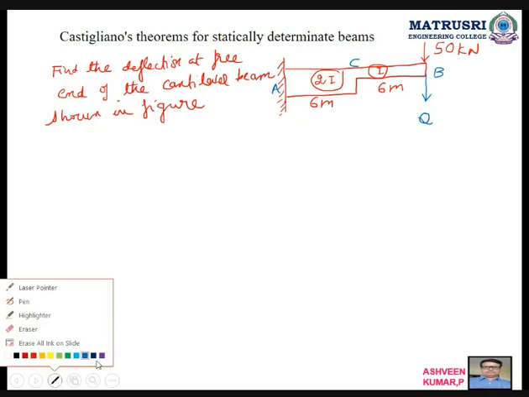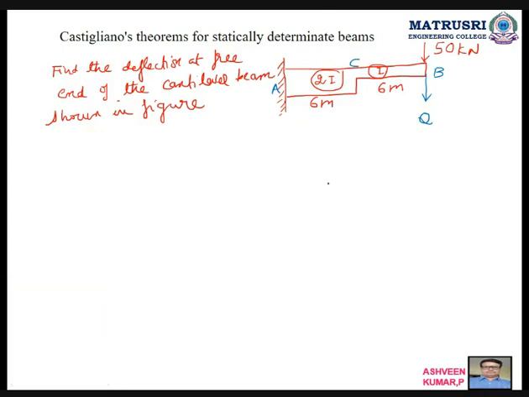Then next, what is the second step? Write an Mx equation, and you write down x here. This distance is x. So first write down Mx. Mx is equal to what can I write here? Minus 50 into x minus 2 into x. So that can be written as minus 50x minus Qx. And take down Mx square.